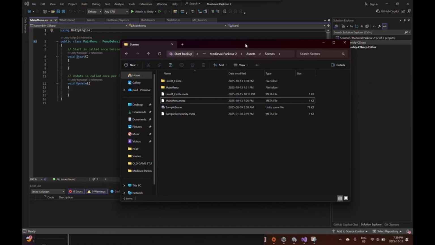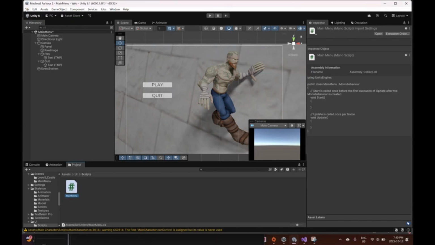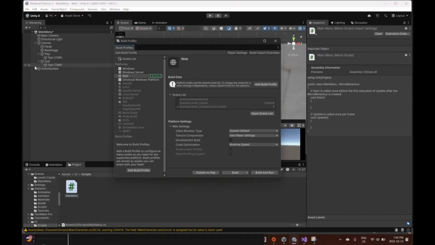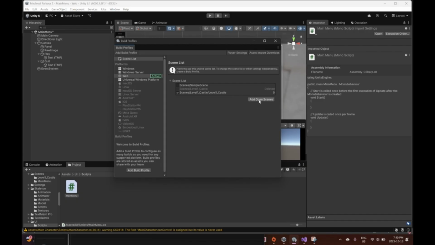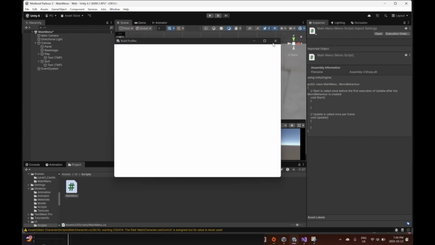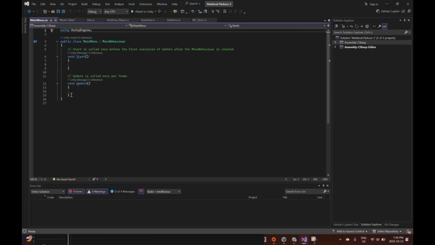Before I do anything else, I'm going to go back to the editor for a second, and I'm going to open up build profiles, and in the scene list, I'm going to open scene list and add open scenes. So it makes the main menu 1, and the level 1 castle is 0. So this is essential when you're ready to export. We're not ready to export, but it's important when I want to code between the level 1 castle and the main menu. So I'm going to close this,